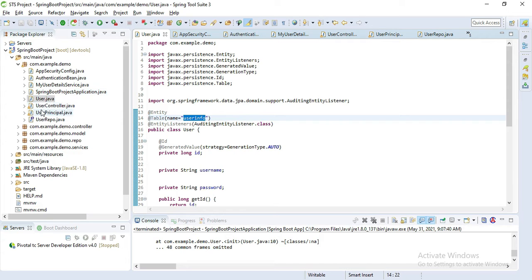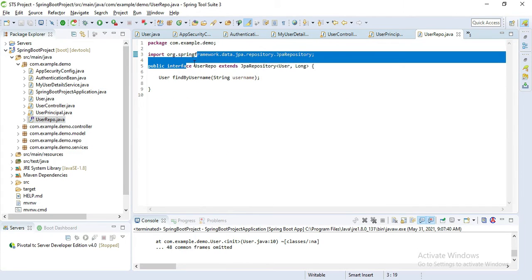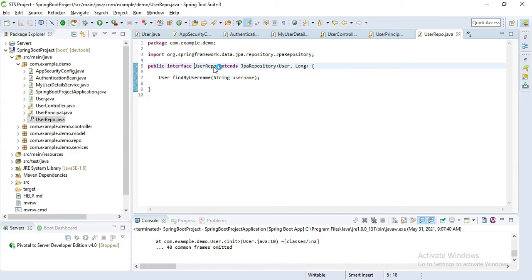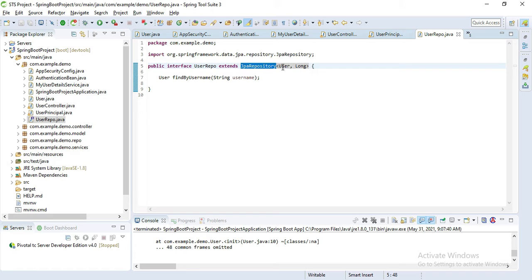Then we have the user repository. As earlier, we created a repository where we use it for getting Hibernate, or we can say JPA, inbuilt methods. Here also we extend JpaRepository, and there we pass an entity class.